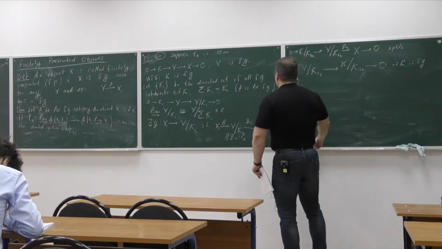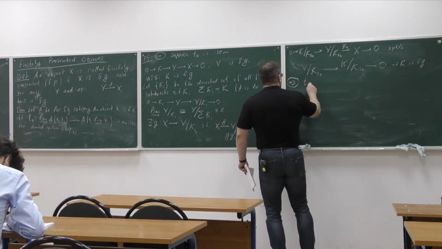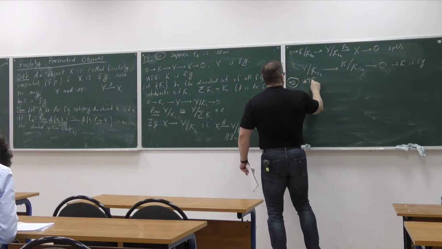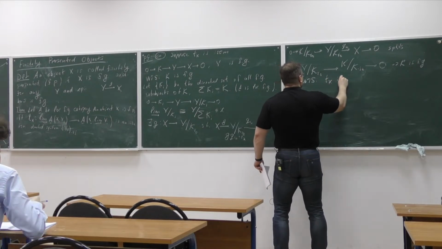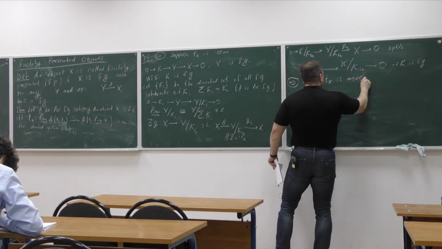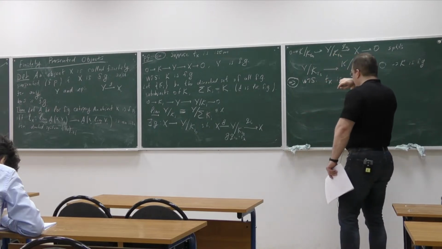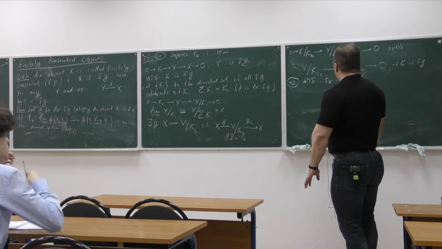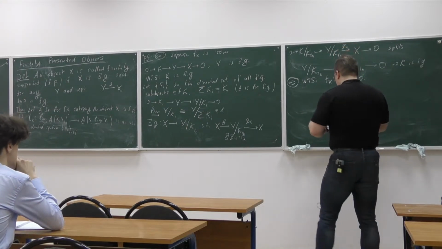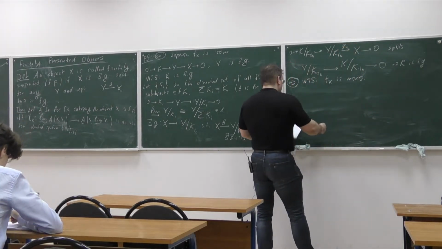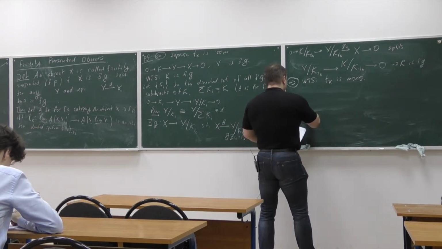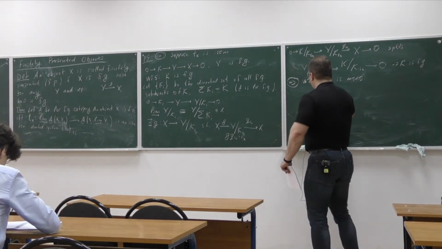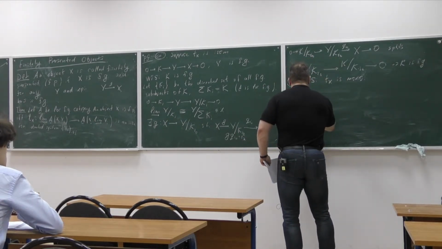Which I'm going to separate in two steps. On the first step, I want to show that, let me again formulate what I want to show. I want to show that T sub x is mono. So let's separate this into two steps. In the first step, this is mono. In the second step, we'll be showing that T sub x is an epimorphism. All right, so I'm going to need a diagram. If you're taking notes, just leave space above this line and below this line. I'm going to add something later.